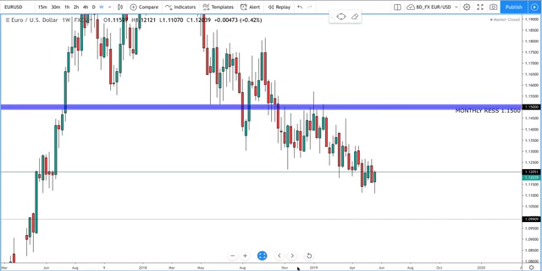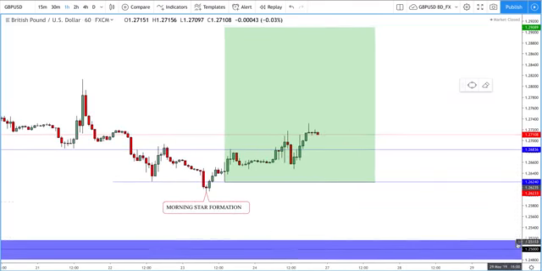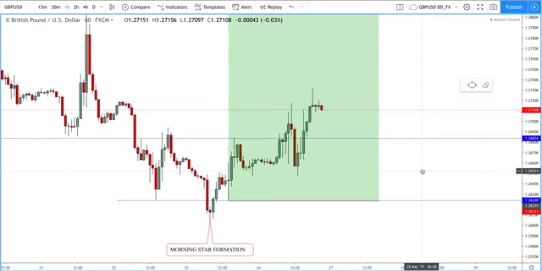Now, if we look at last Thursday and Friday, it was only 2 days last week, and we still caught a couple of 100 pips, and even more. You can see I brought to your attention Euro GBP, and we're making some pips off that. Brought to your attention GBP USD. Let me just bring that up in front of you guys. GBP USD, great trade, risk-free, running in 100 pips profit.